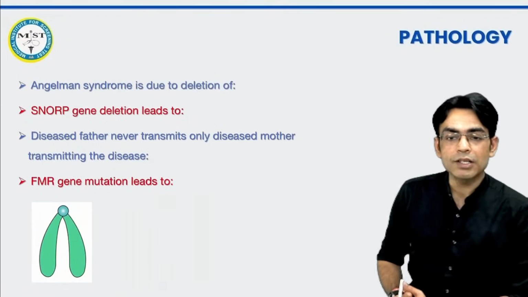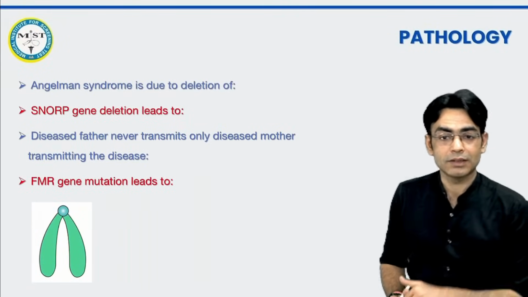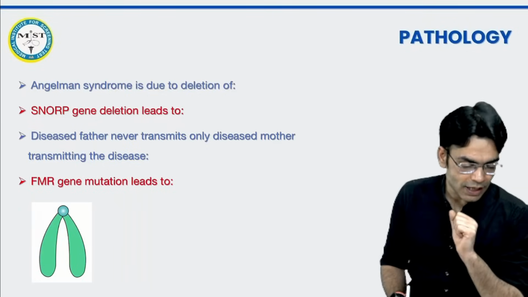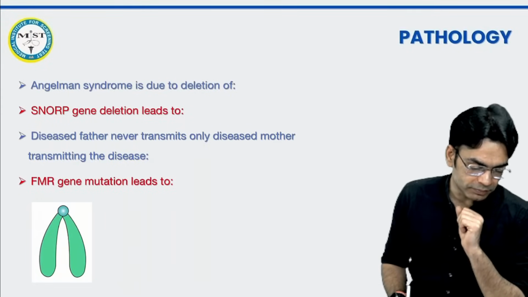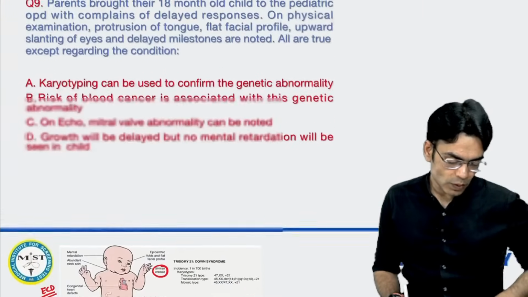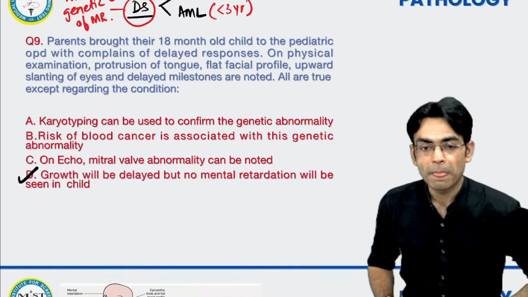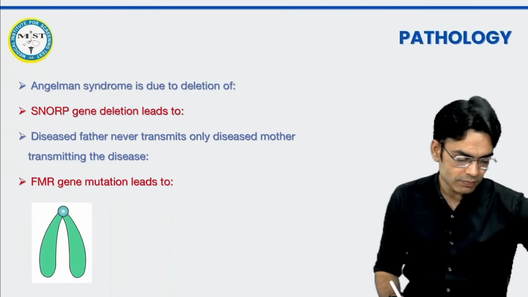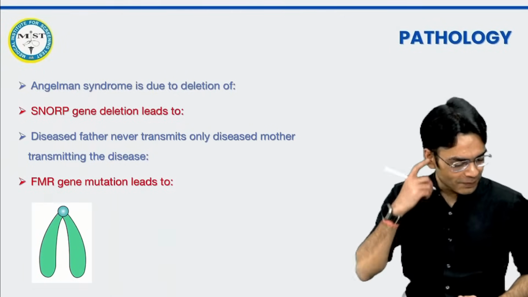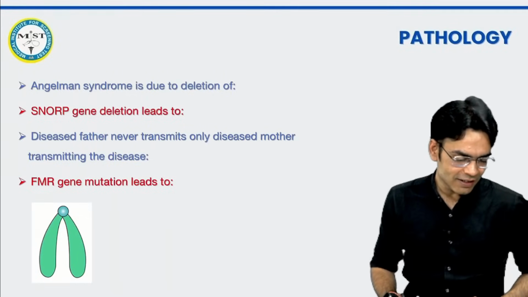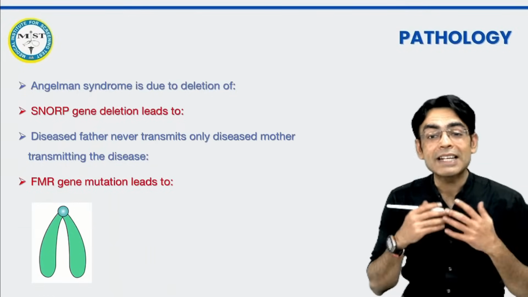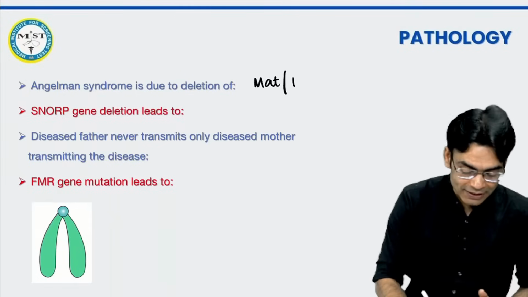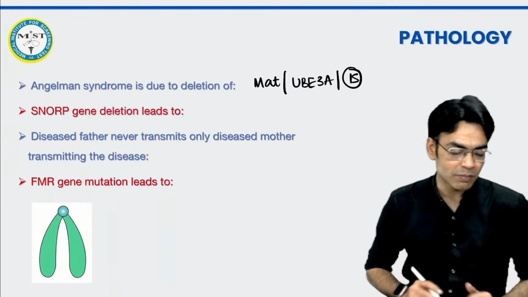चलो, एंजलमैन सिंड्रोम। बेटा एंजलमैन सिंड्रोम जो है, that is due to deletion of which gene on which chromosome. सो एंजलमैन, यस, ये बहुत इंपॉर्टेंट है। क्वेश्चन नंबर 9, बेटा क्वेश्चन नंबर 9 का आंसर था डी, मेंटल रिटार्डेशन तो होता ही है। चलो ये बताओ, एंजलमैन सिंड्रोम बताओ। यस, डिलीशन ऑफ मैटरनल क्रोमोसोम, ठीक है। तो एक तो ये मम्मी की वजह से हो रहा है, which gene? UBE3A, और which chromosome, 15 नंबर क्रोमोसोम।